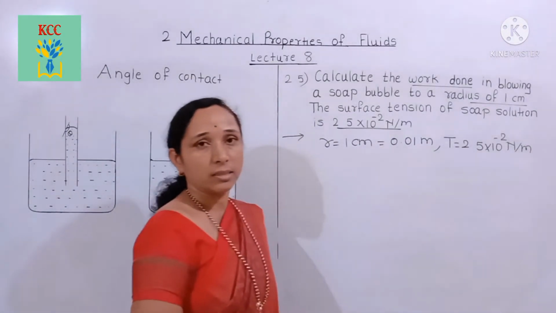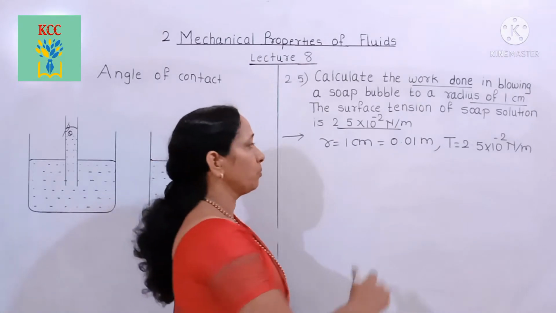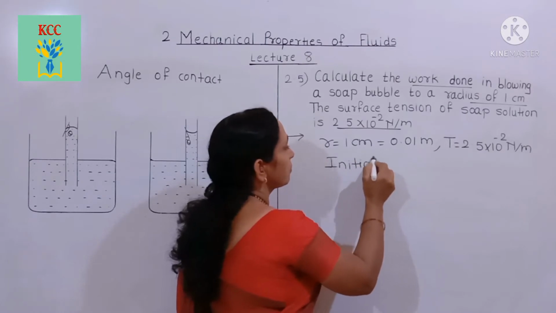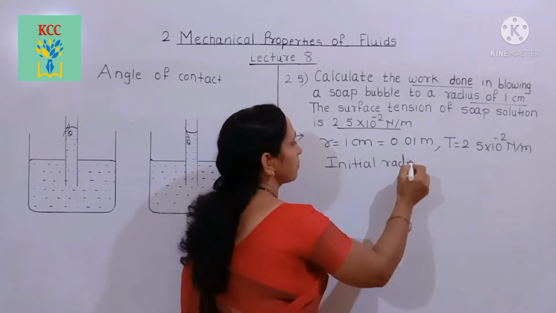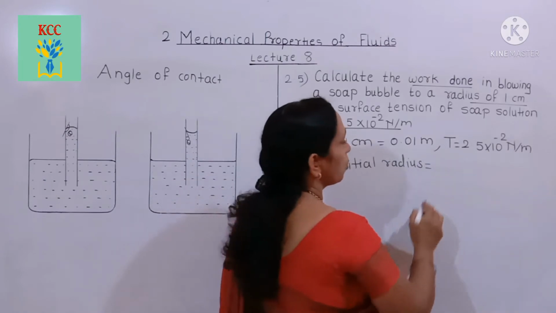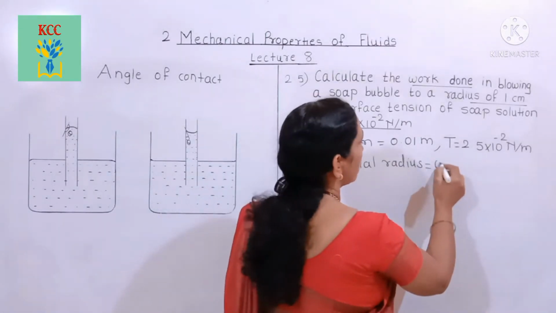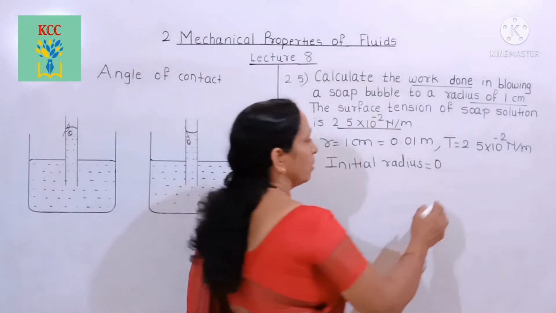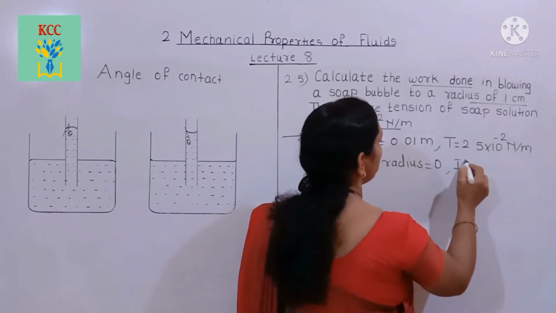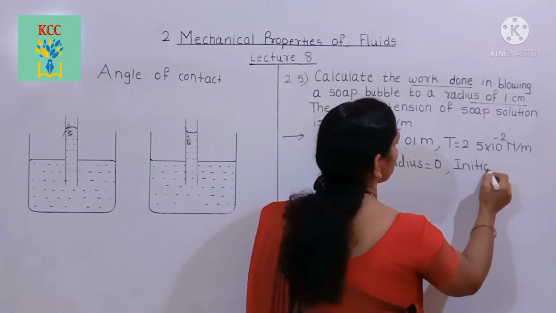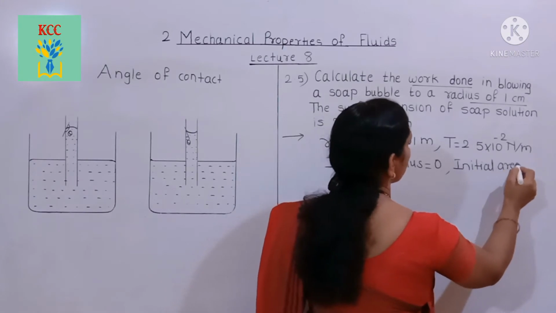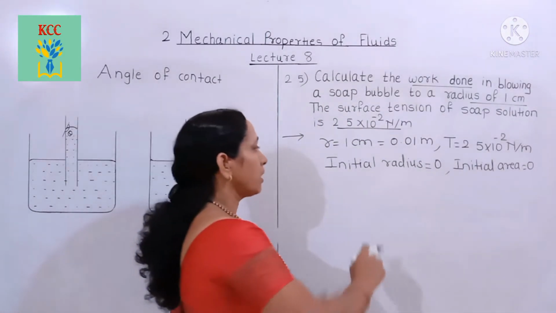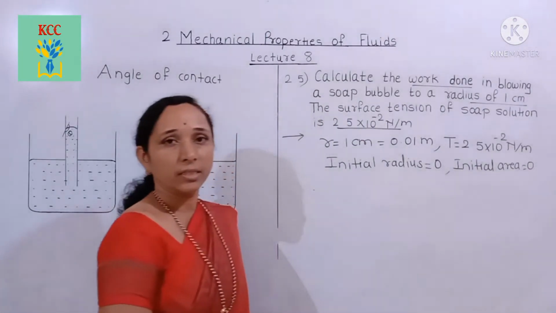And initial radius of soap bubble is 0. Therefore initial surface area equal to 0. Therefore initial area equal to 0 meters square. Therefore change in area,